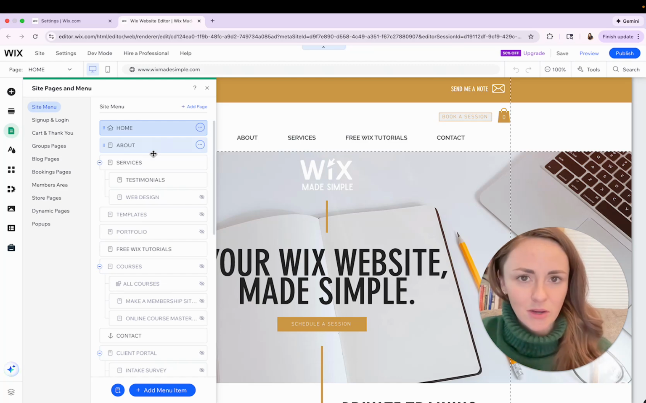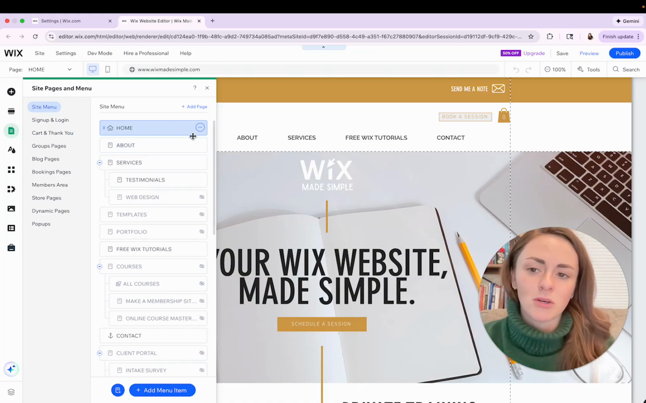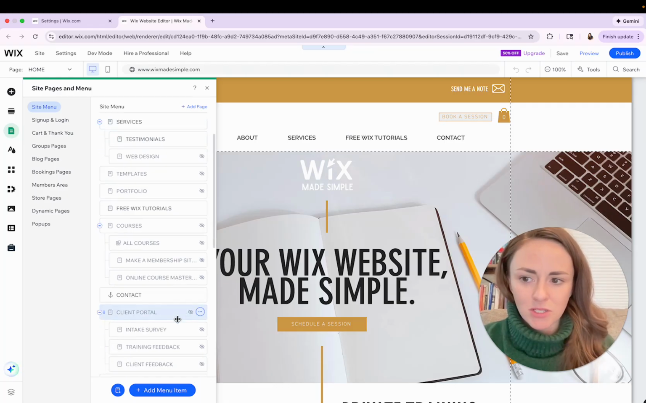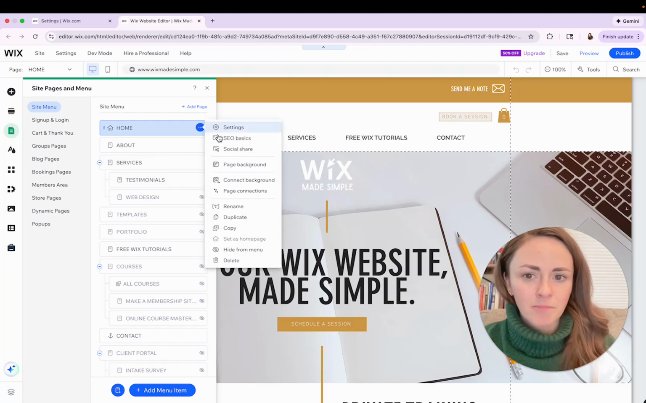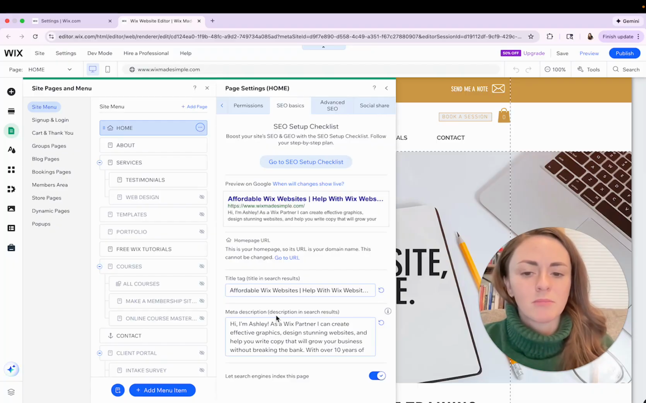So I like to do a pretty thorough look through all of the pages on my site and check their SEO so that the page names and the URLs are ready to share and to be proud of and make sense. So from within this pages and menu bar, we can go into any of these pages that we've created and click into the ellipses for some more settings. I choose SEO Basics, and that pulls up the page where I can see both what the title tag in